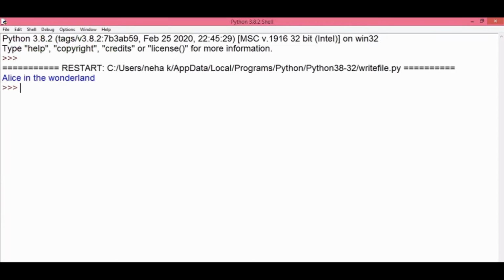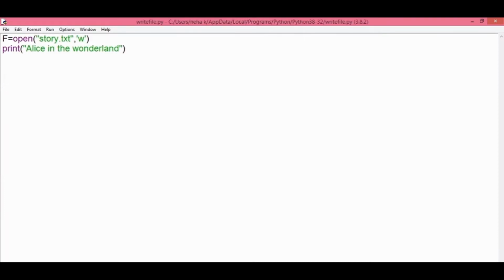When you execute this code, the output comes on the screen. That means by default, the print function shows the output on the monitor or the screen. But if I change that to file equal to f, then it would indicate that instead of sending the output to the screen, I want to send the output to a file, and you can see I've assigned file equal to f.